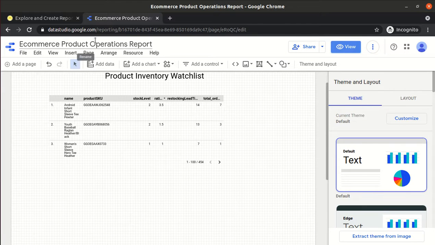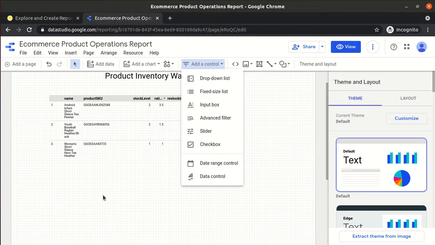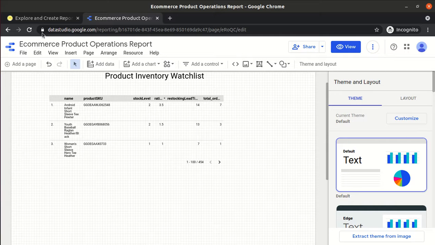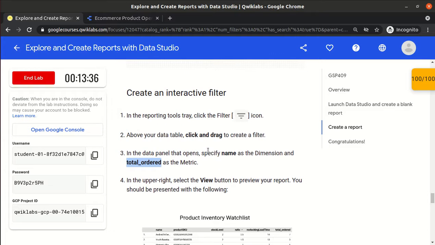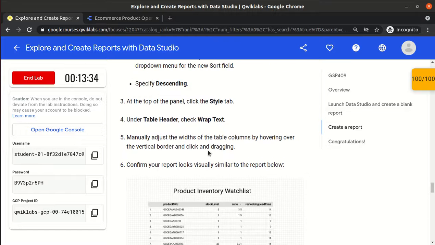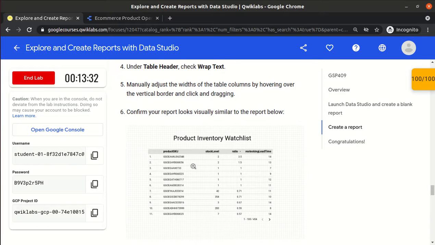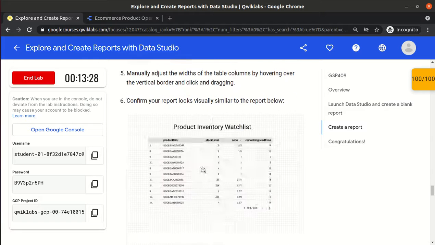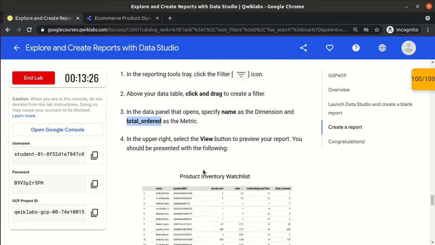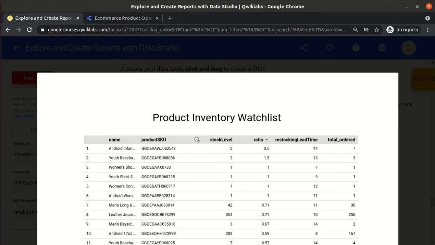But till now we have not created an interactive option. How to create the interactive option? Even in their report I don't see an interactive option. Where is the interactive option?